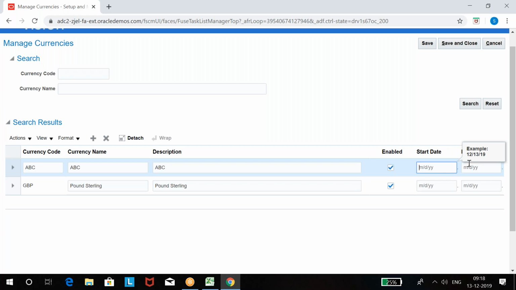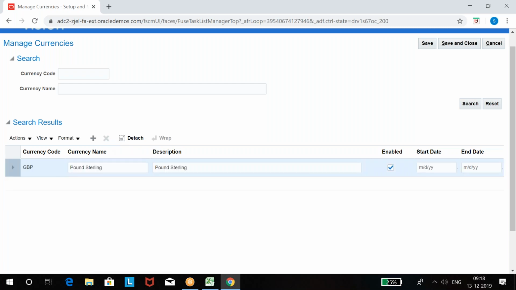If any country currency you don't find, you have to write the currency code of that country, the currency name, and any description you want to write. That's it. So this is how you can also create currency if in case you don't find any currency in the application. Clear? So this is how we enable currency, or we can also create currency. So don't create any currency when you practice, just find currency and enable. That's it. Check if it is enabled, you don't require to enable it also.